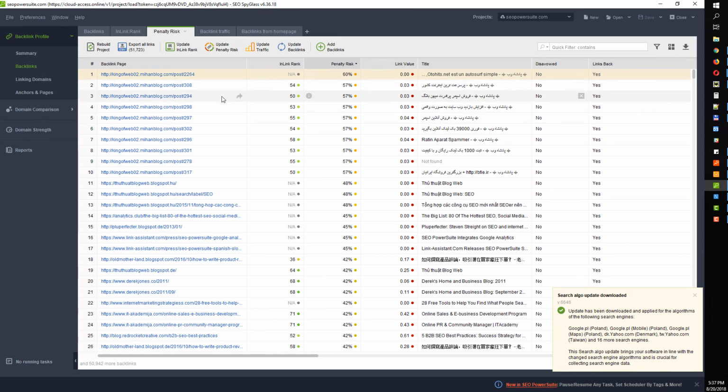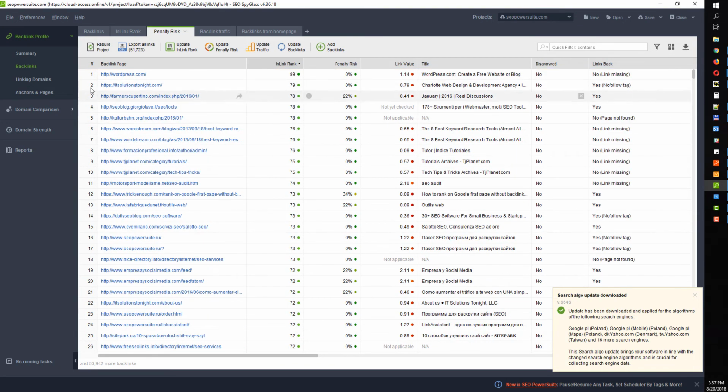You may analyze backlinks by three factors in SEO SpyGlass. The first one is the in-link rank factor, which indicates the importance of a backlink page. This in-link rank is our internal factor, but it is calculated on the same formula that was used by Google to calculate Google PageRank. The score is from 0 to 100, so the higher the in-link rank,